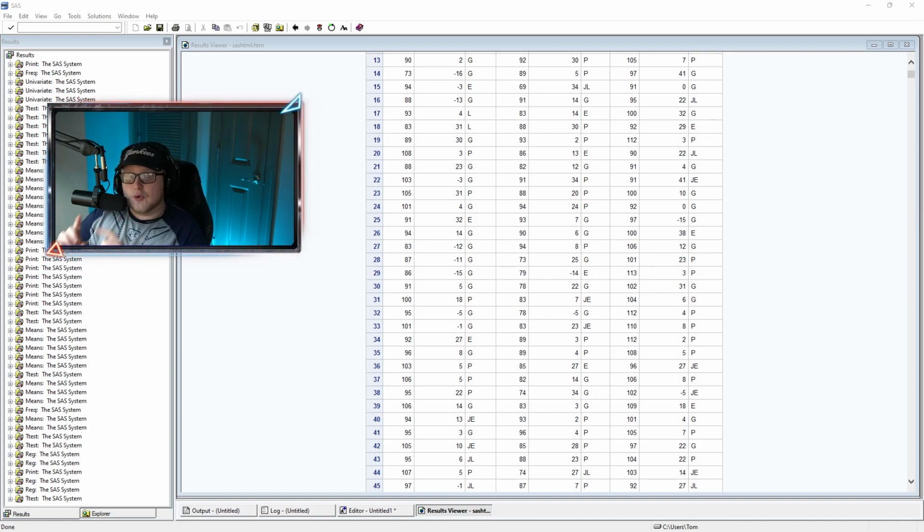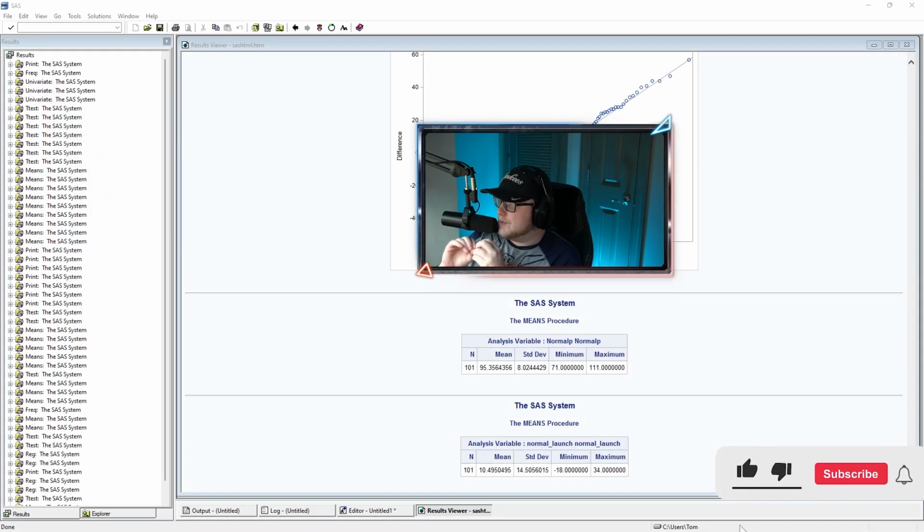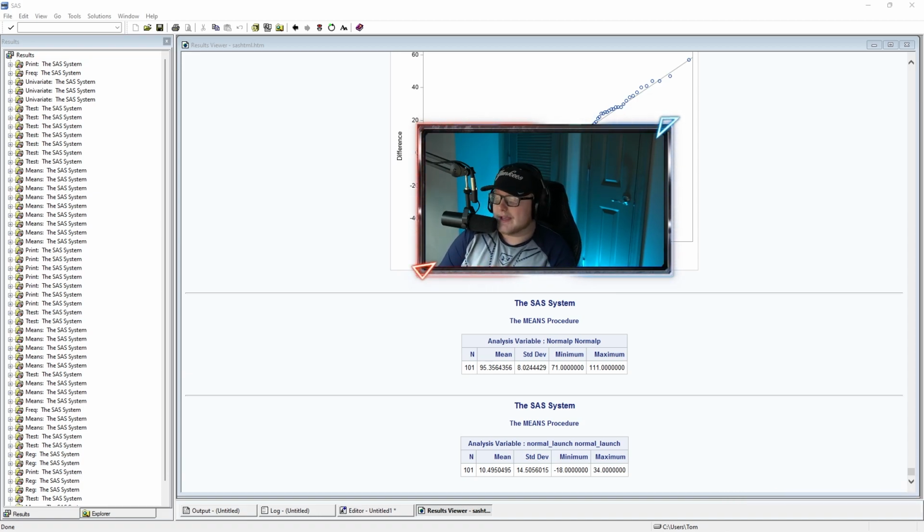We're going to take a look at normal swings first. So the first thing we're looking at is the normal swing. Now, these averages are for normal swings only in this circumstance. Like I said, it took 100 swings. The mean exit velocity that I had with Aaron Hicks, 47 power in the game, is 95 miles an hour